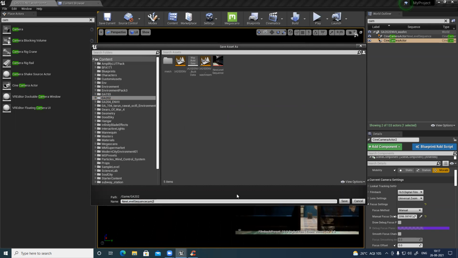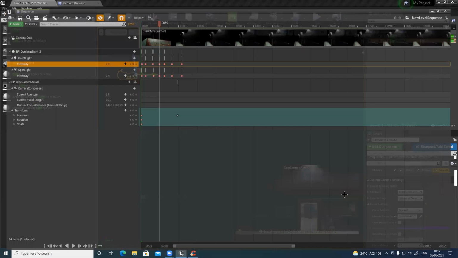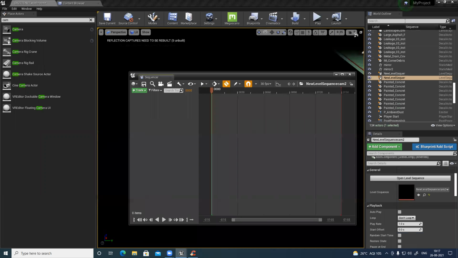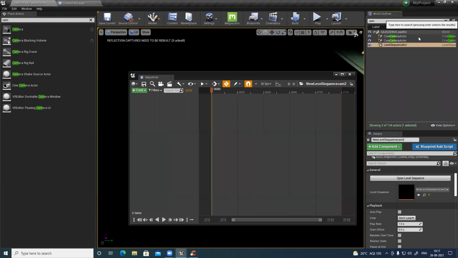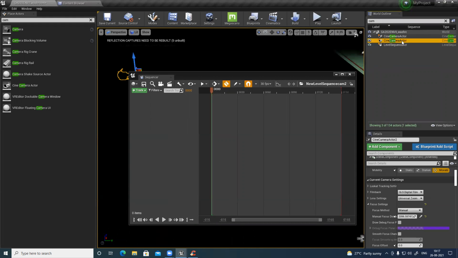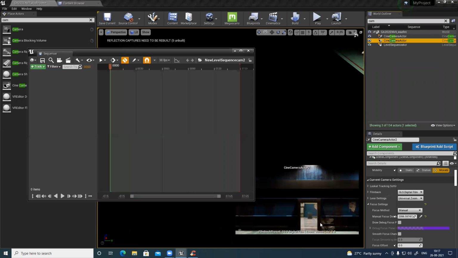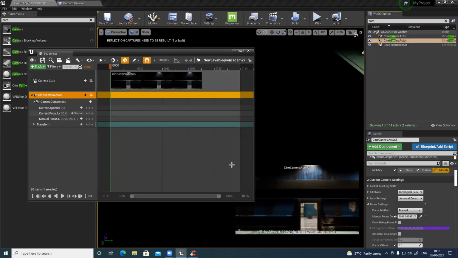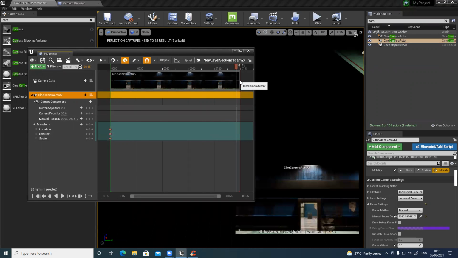Cam 2. Save it. Done. Let's save this one and search for the camera. This is my camera active, I believe 2. Yeah. Take the view, you can see it, and then track and select the camera. So for this, I just want to move the camera forward slightly, go to transform, add a key, and last frame,